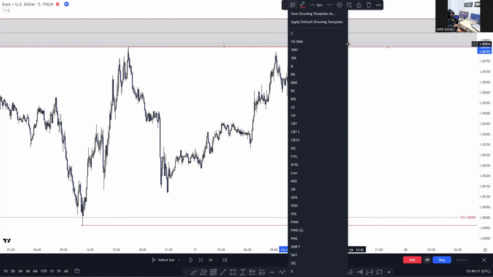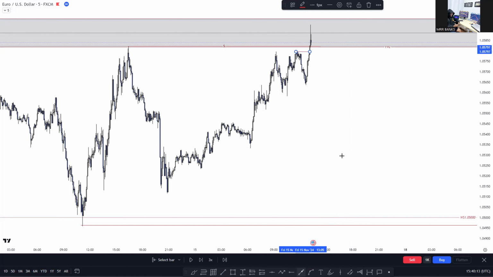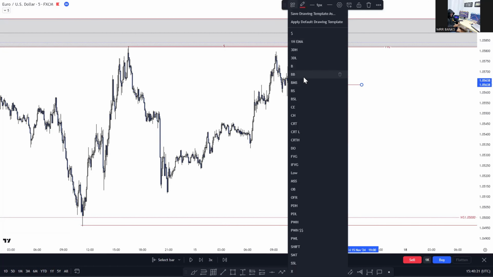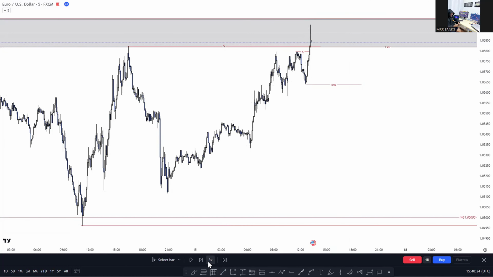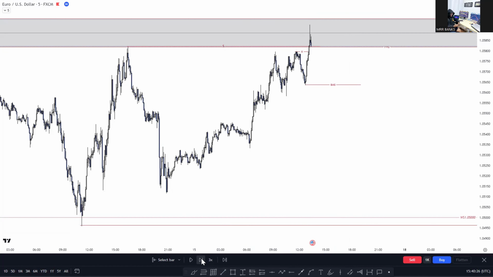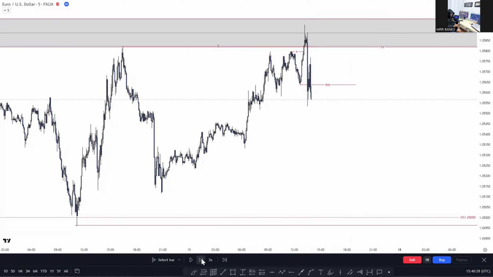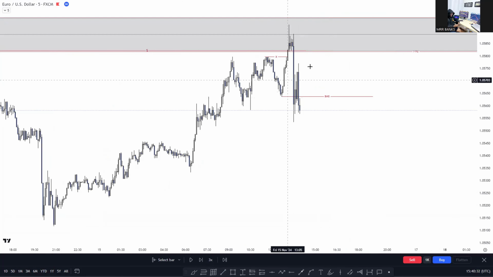Price actually took liquidity above here. Then I was actually expecting a displacement below this level here before I would look for any entry. So in the 5-minute time frame, the price mitigated our fair value gap and gave us a nice displacement here to the downside. So the moment I saw this, I actually had to use my Fibonacci tool from this swing high